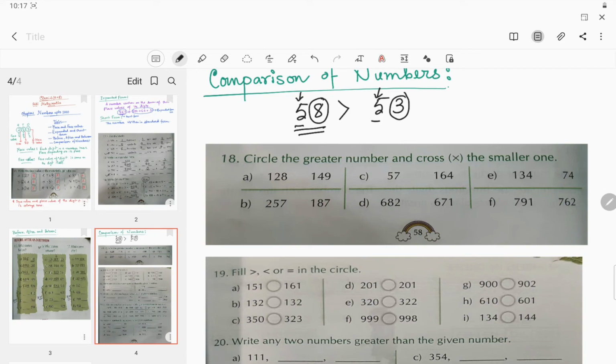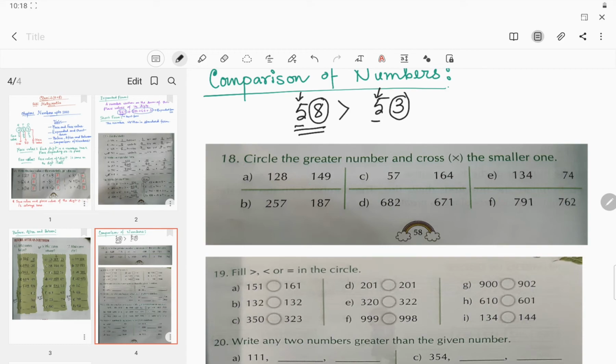In question A, we have to circle the greatest number. You know, it is 128 and it is 149. So you have to check at first the hundreds place. Since the digit 1 is in both places,